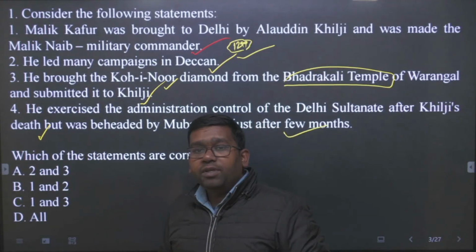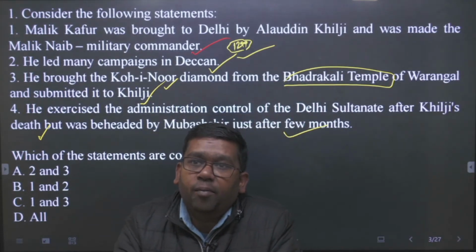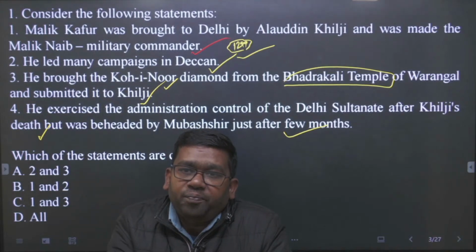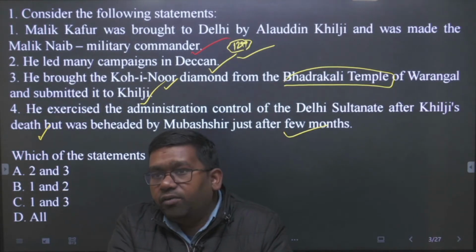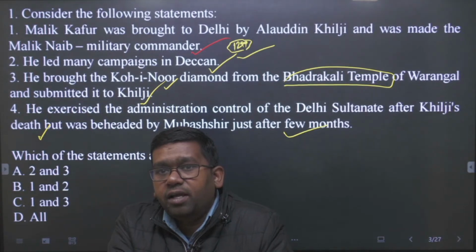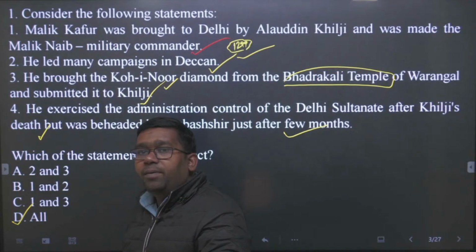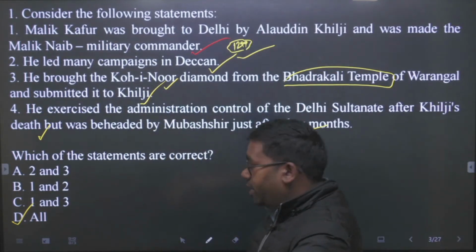So do you know, all of the statements say Malik Kafur was a very trusted military commander and deputy of Alauddin Khilji. Okay, so this statement is true. So it means in the first question all of the statements are true. All of these statements are correct. So the answer will be D. Technically D will be the answer of this question. Okay,